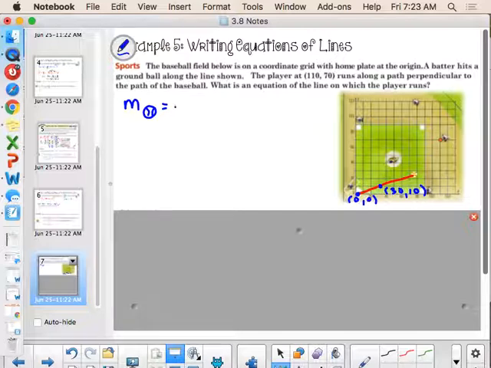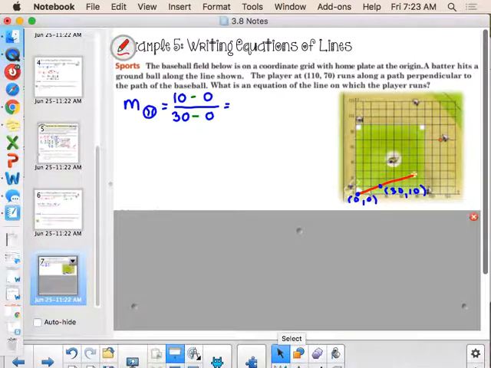That's okay. All right, let's use (30, 10) as my first coordinate. We have a y value of 10 and an x value of 30. We're going to subtract the other given coordinate, which was the origin, (0, 0). Notice I chose the origin because it makes a pretty simple problem. This just becomes 10 over 30. Therefore, the slope of the baseball is 1/3.